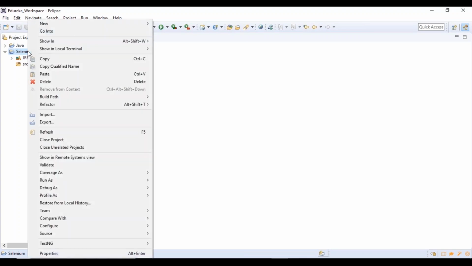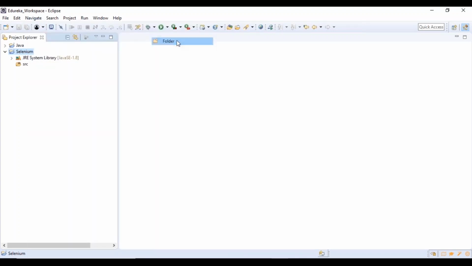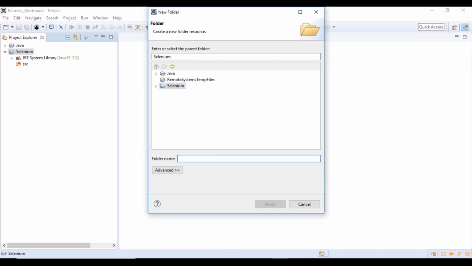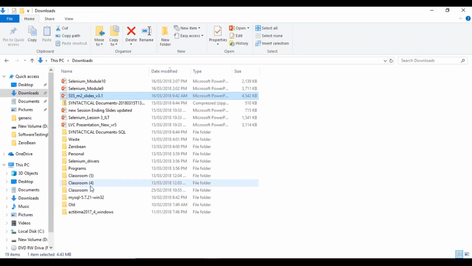So let me create a new folder. I would be creating a new folder here, and I'm going to name it as jars. We have already seen this, right? But still let me recollect it back. So this jars folder has to be created under your Selenium itself. So now what we are going to do, we are going to copy this